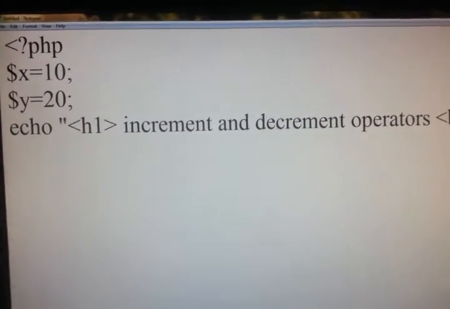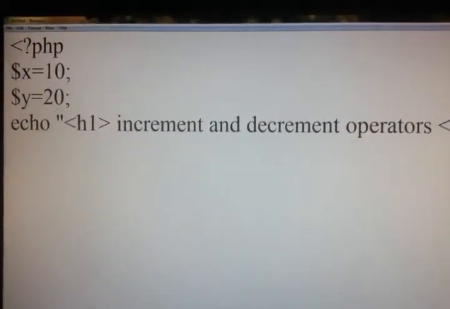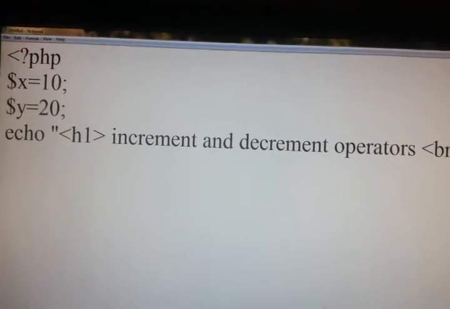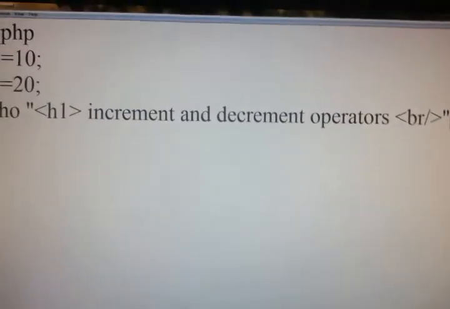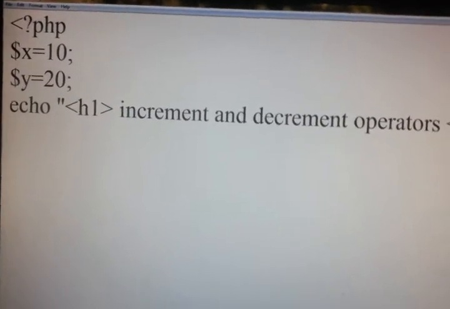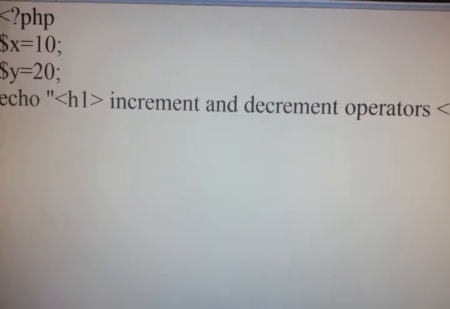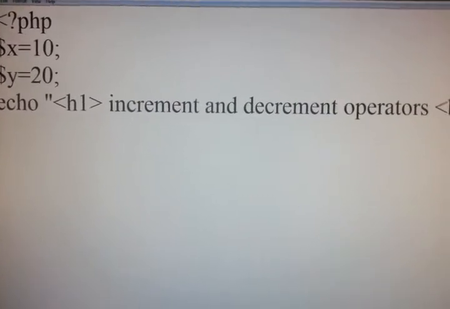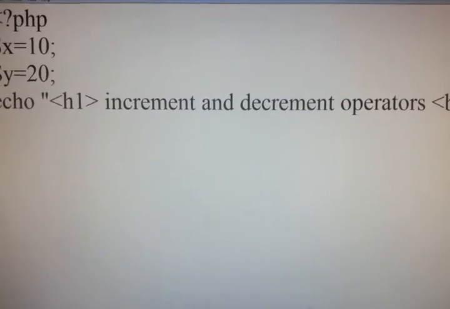Here I am not closing my heading tag. At the end I will close the heading tag. If I do like this, for each and every next coming echo, we'll see the content with h1 size.